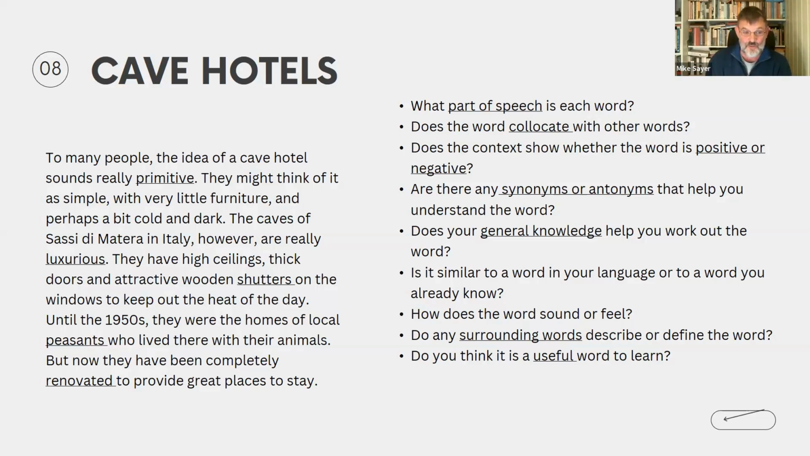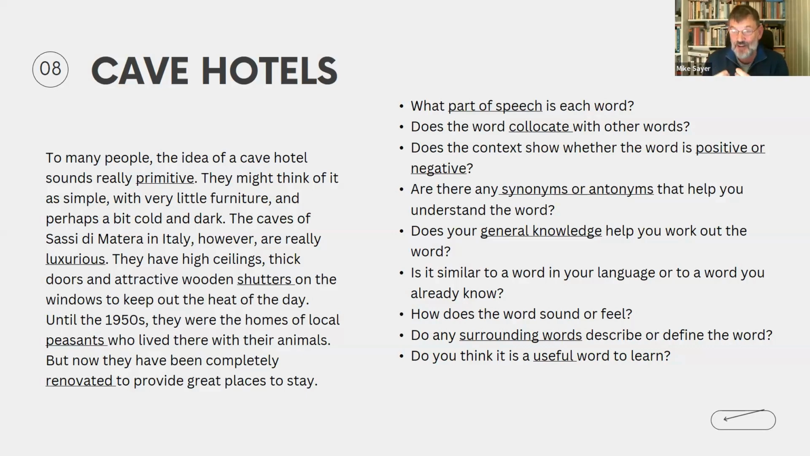The students have found those words, and we want to ask our questions about them. So the same questions, except this time, because they're real words, I've added a couple of questions. So after the question, does your general knowledge help you? I've added the question, is it similar to a word in your language or to a word you already know? And the question, how does the word sound? How does the word feel? And that's because with real words, we can actually,